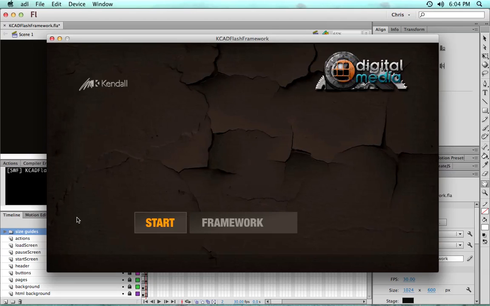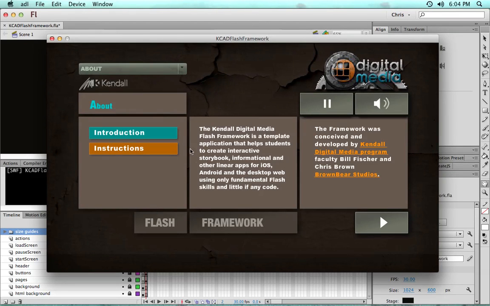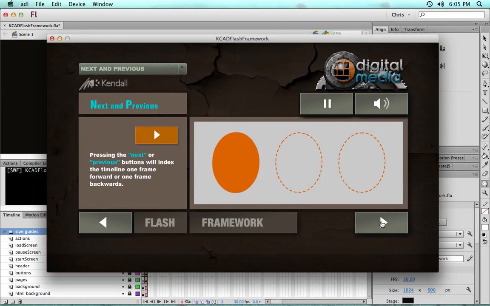So we put together the Kendall Digital Media Flash Framework, and I'm going to show you a little bit about how it was put together. So here we have the framework published. We click Start. You can find some instructions, some credits, a little information about what it is, and we click